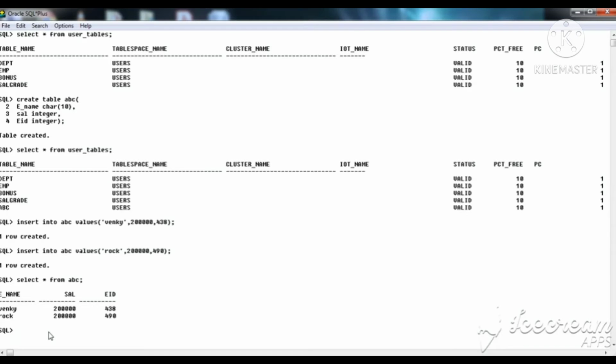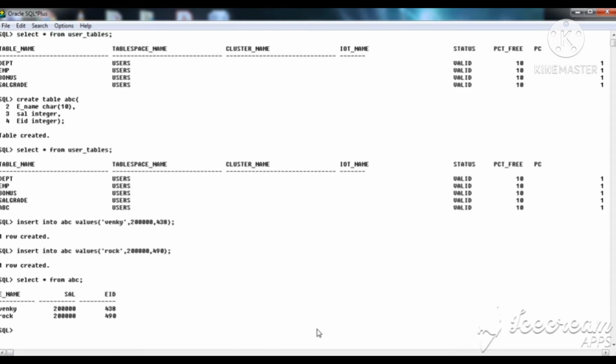So now creating the table is completed, and this is the inserting of values into the table. How to create a table is this one: create a table, table name, what are the fields or columns you need, those columns and the data types. So this is the syntax for creating. Now I am renaming the table. Now I want to explain how the alter command is used.